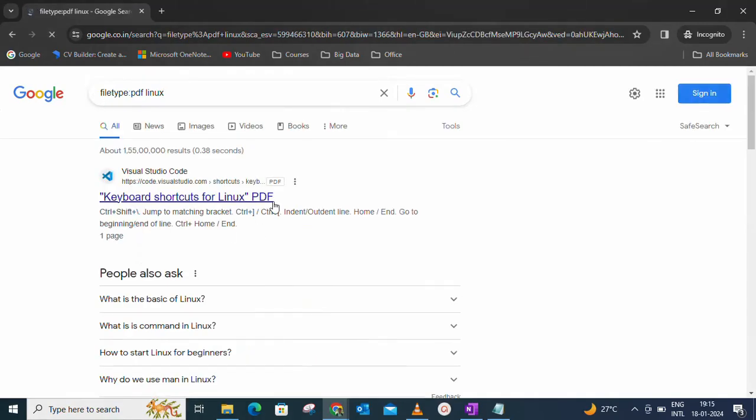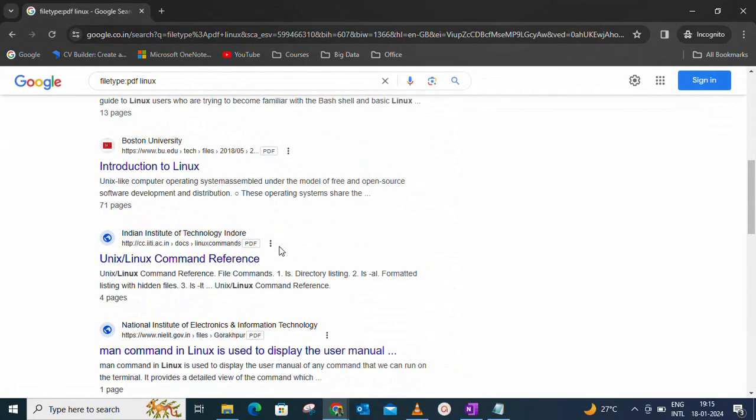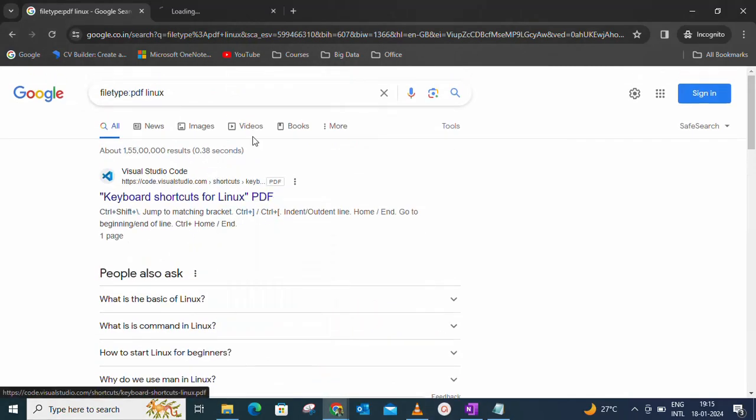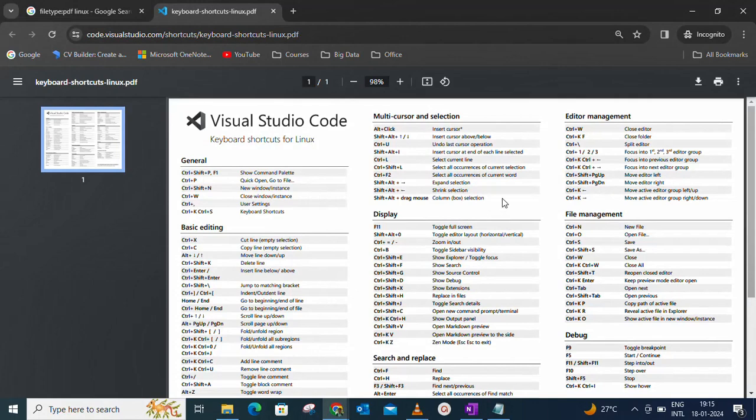So this is the way. You'll get all the books here which are there in PDF format. You can see all the books. You can open one of these to find out. See, this is in PDF format. You can easily download it